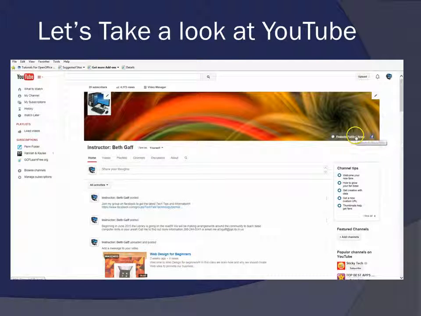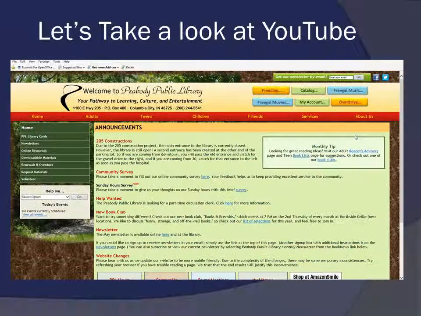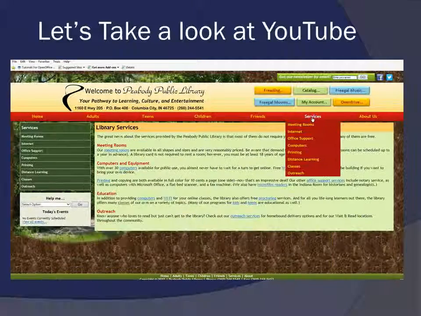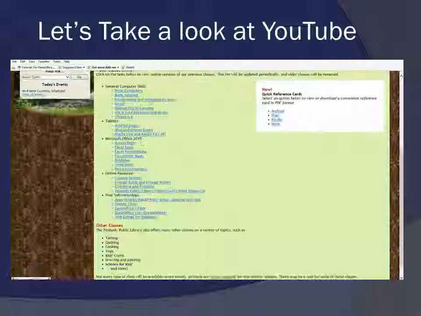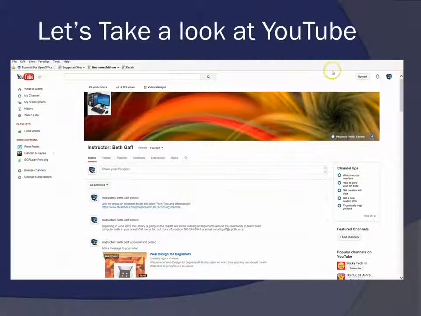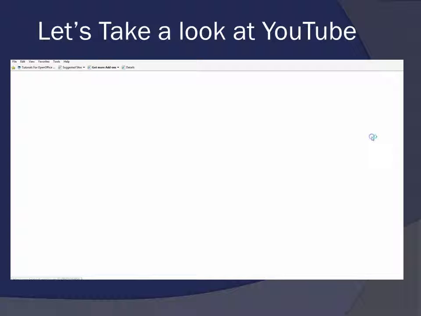Up here I do have a link to the library, so if I push on that, it redirects you to the library, where you can get back to where the stream classes are, and there we go, where you can watch the stream classes.